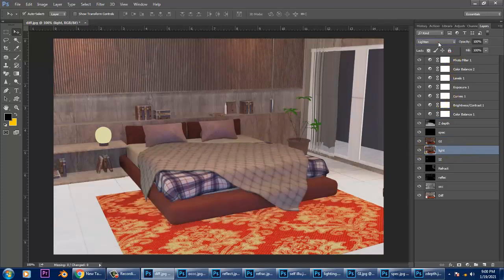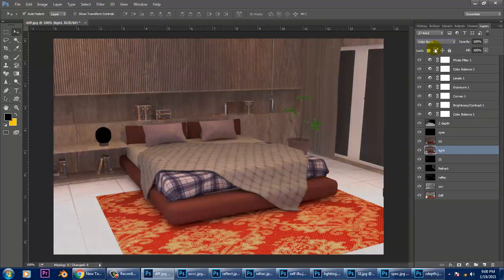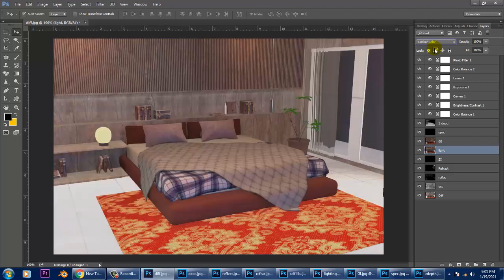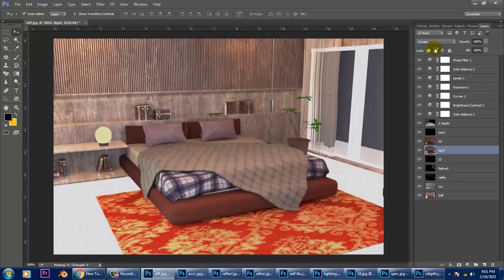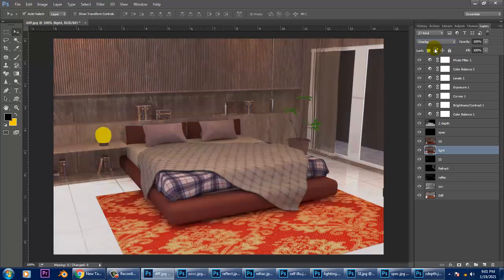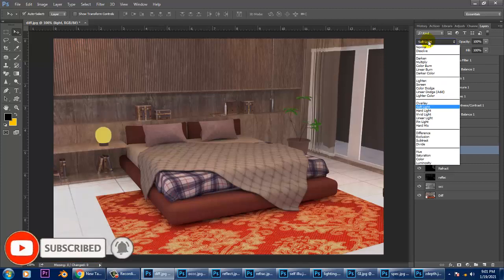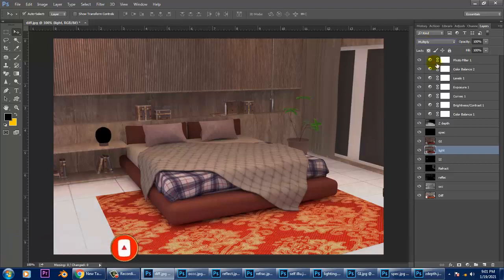Don't go with a brighter look. This also looks good. Soft light is also better. That's your hard light, soft light, and your multiply.